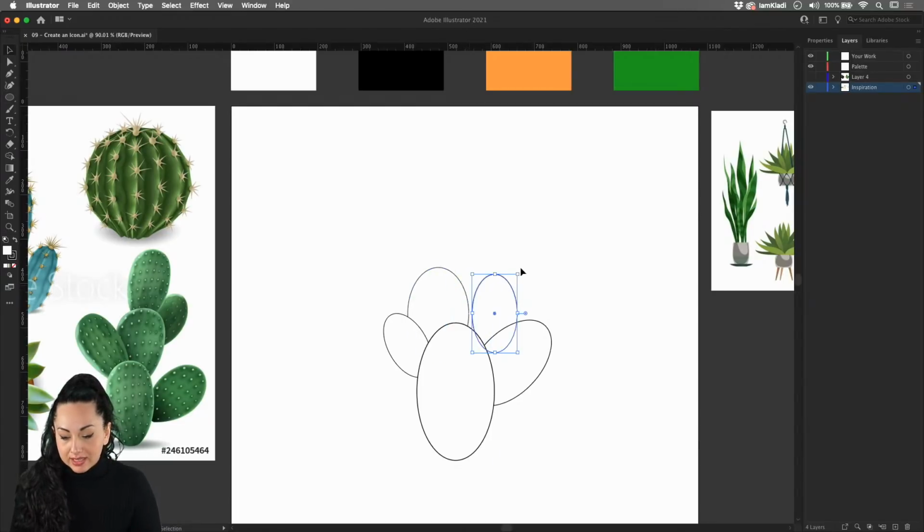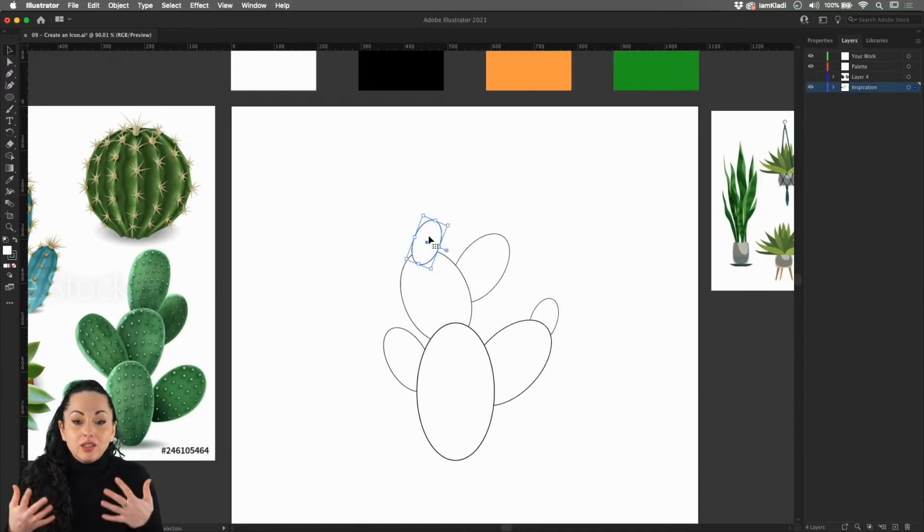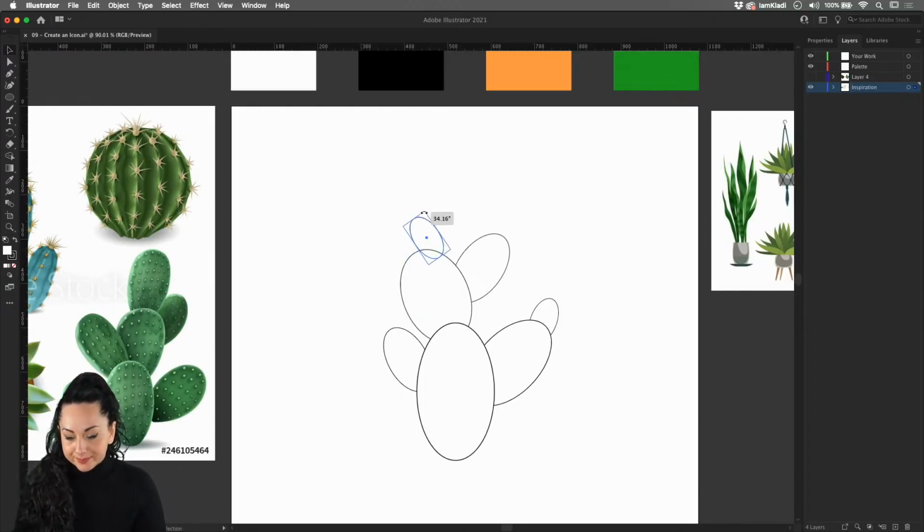So we can keep creating ellipses or duplicate them, and everything is going to be placed behind. All I have to do now is resize all my shapes to make sure that we take the look of our little cacti plant. And I love working with plants because, besides the fact that they're extremely beautiful, nature comes in every sort of shape, so there is no right and wrong. Every shape has its own beauty, so feel free to create any shape you like.